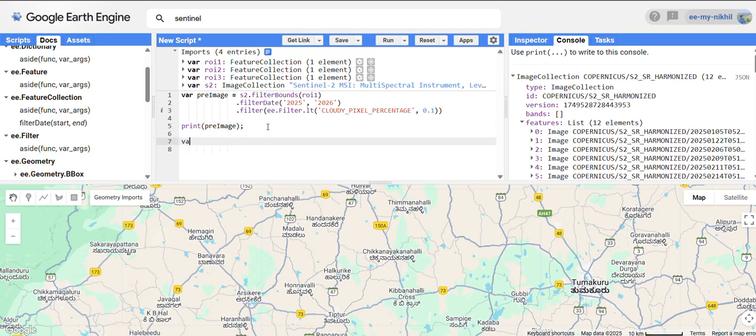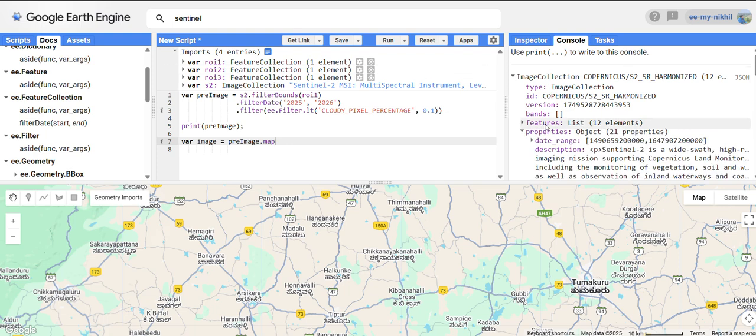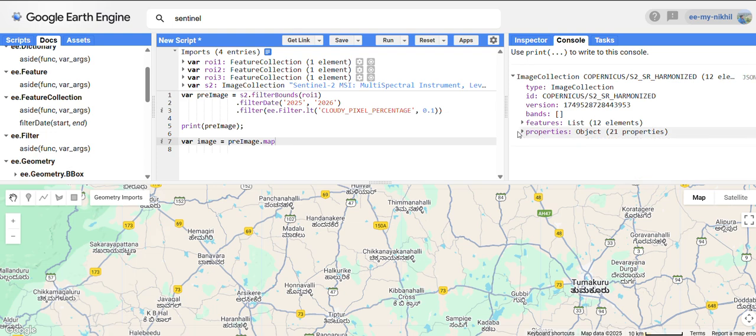So I want to scale my values now. So I'm going to create one more variable called image, and for the pre-image, I want to map a function. So remember, mapping is not the creating of for loops. If you create a for loop, each of the processing will take place one by one. If you map a function, the parallel computation will take place. So whatever your 12 images will be processed simultaneously at one time with the 12 different computation machines. So